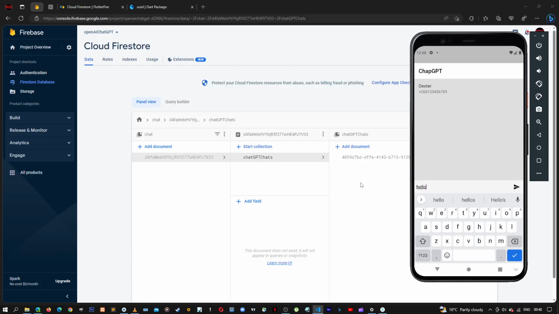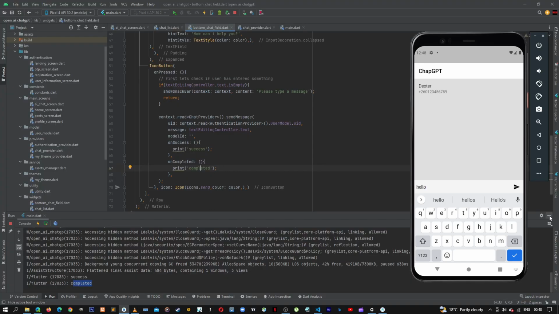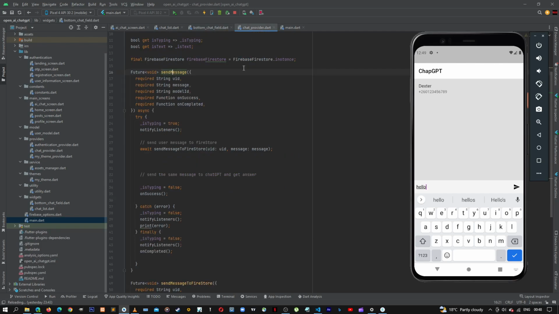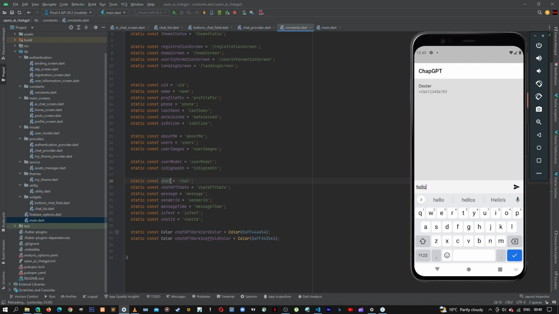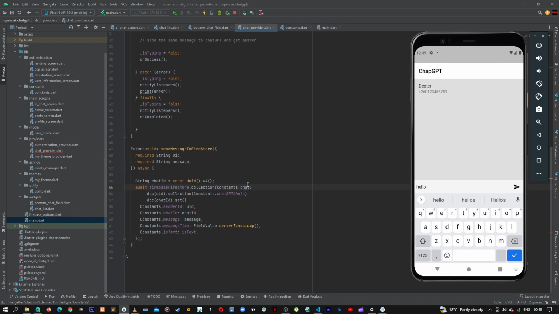So before getting to our next video, let's just correct a few more things in this last video. When we come back into our Firestore here, we are naming this as chat, but we want to say chats. As you can see, on the chat provider down here, we named it as chat. So let's just change this. Let's add an S here and an S,